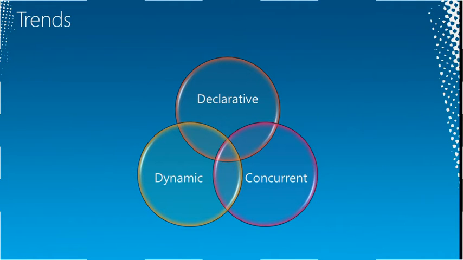Dynamic is another one that we focused on in the last release in 2010, where we wanted to find better ways to work with dynamic objects and dynamic languages. So that's where you saw the dynamic language runtime in .NET 4, and also the dynamic features in C# and VB.NET. And then concurrency, this is something that's a huge trend,